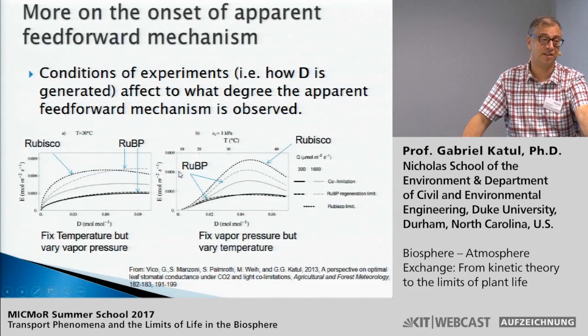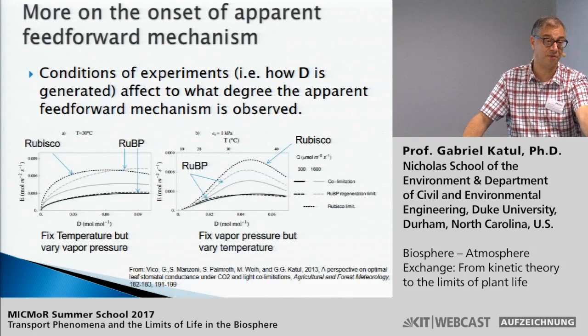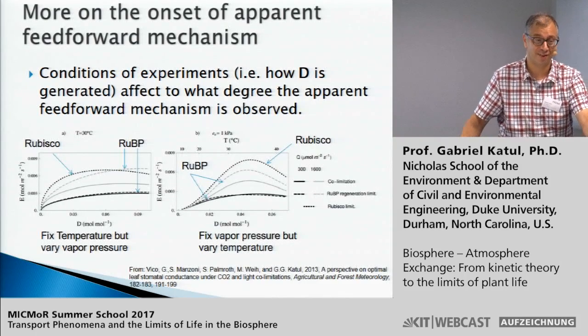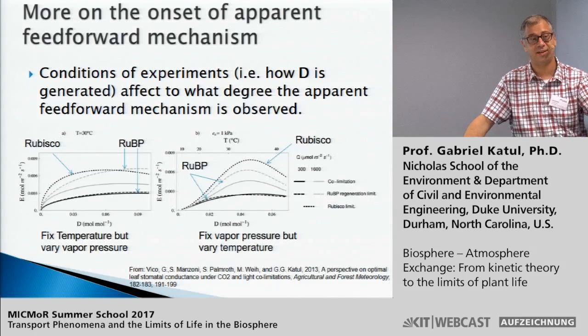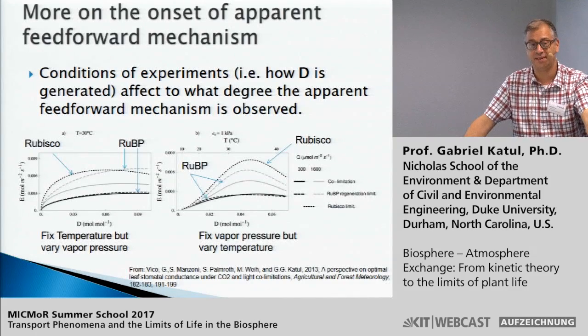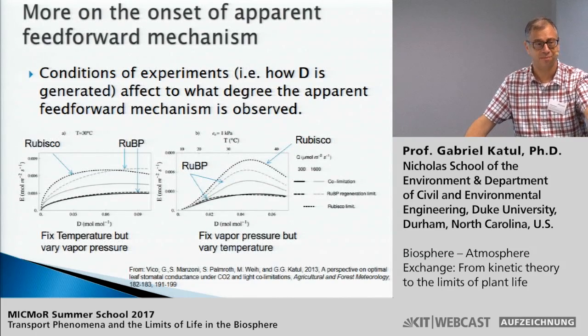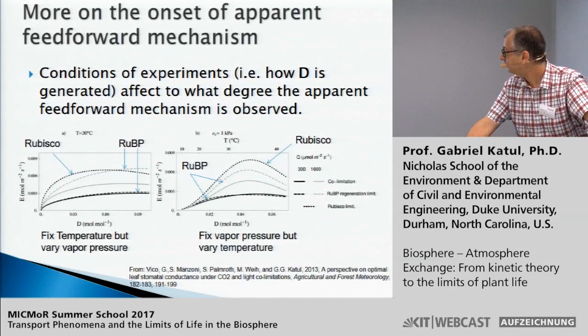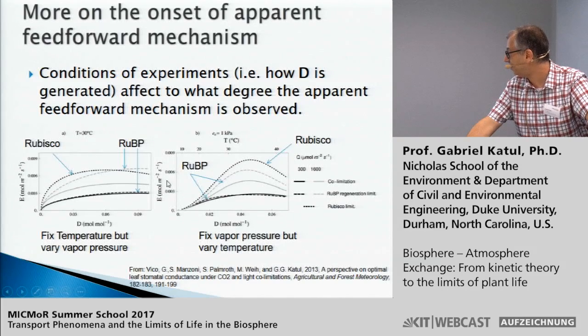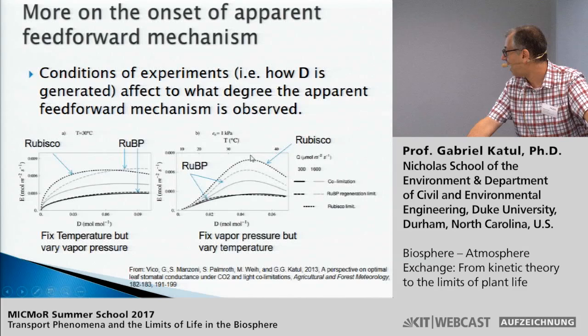Now, if this result is general and only dependent on vapor pressure deficit, you should have seen the same apparent feed-forward mechanism curve. She does not. Okay, so that proves that a lot of the accentuation in the data sets of the apparent feed-forward mechanism may be temperature-driven, and that's why I'm saying that maybe James Bunz is correct, but not because of the experiment that he showed. And this is actually the result here, so you could see that in the case of Rubisco limitations, you see a highly accentuated apparent feed-forward mechanism, but that is primarily due to temperature effects,